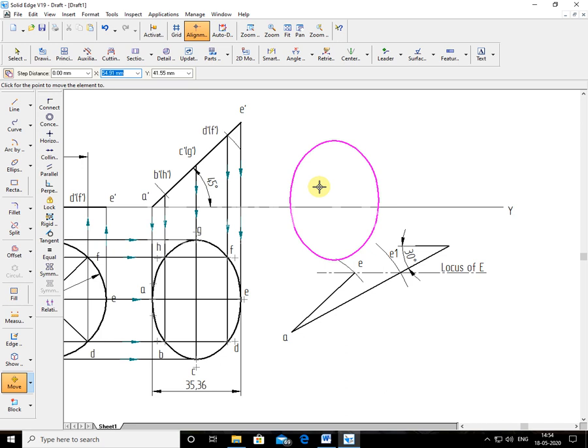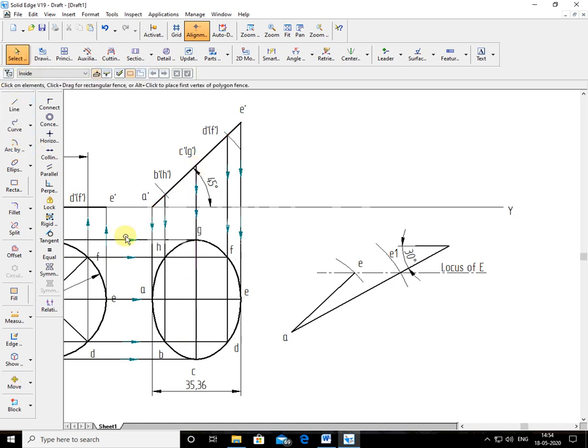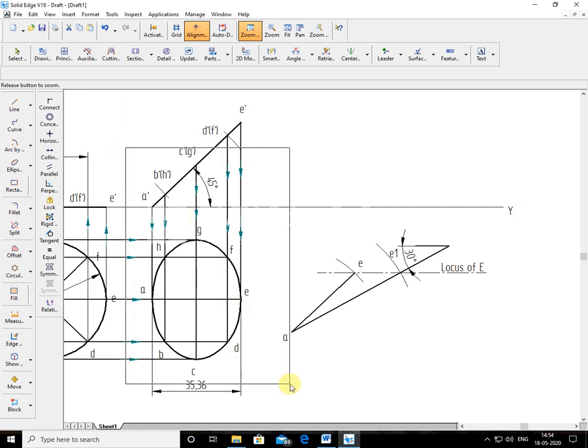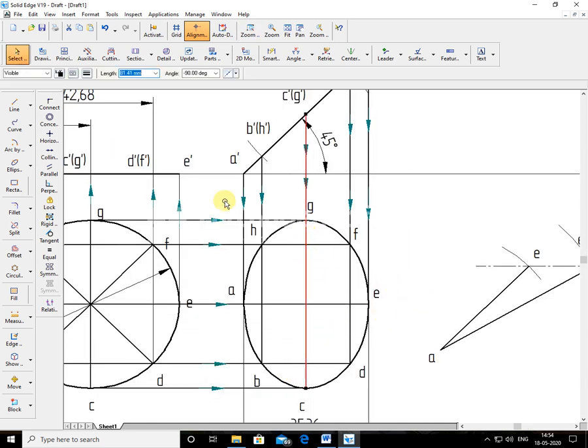How to get the internal lines? The line should not be continuous. Now see here, these lines are continuous. Can you see the selection here? It's showing from this end to that front view. I have to split this line wherever it meets the circle. How to split here? You can see. Now I'll split this line. Use the split command. Okay, I'll split. I want to split at this G point. I'll split here at G point. Now see here, this is a split. I'll show the split once again at this end.